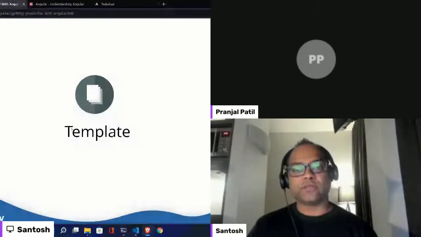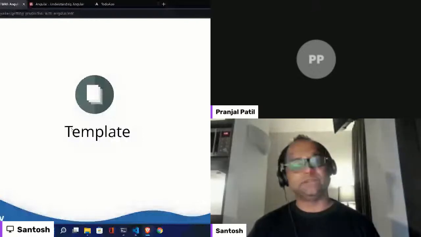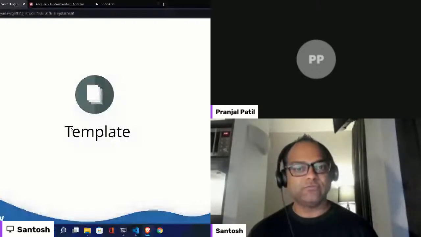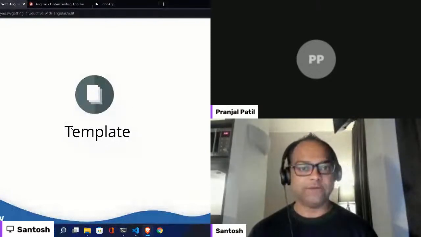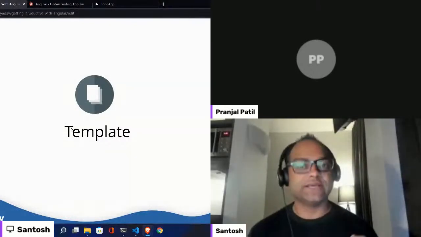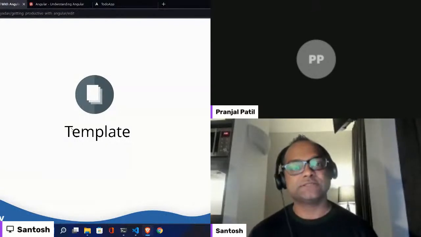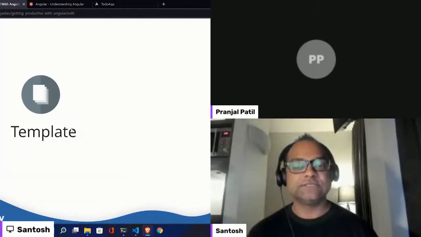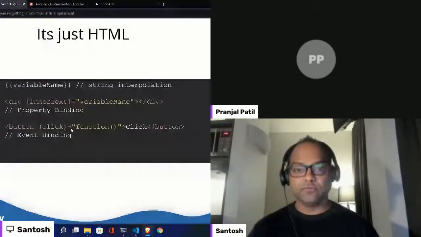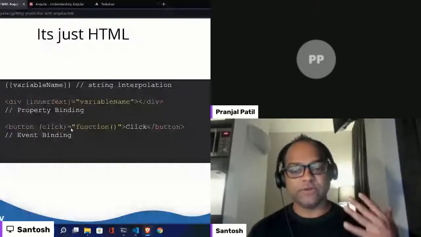Now, to work on your front-end application, every front-end framework you choose has a different template. So you have to understand a template whenever you work with any framework or any library, right? For example, React has something called JSX. Vue has .vue files which we create. Svelte has .svelte files which we create. Angular has .html. You don't have to create another file. You just have to understand HTML in a way. That's it. So let's see how to work with Angular templates. To understand the templating engine, you have to understand few things, which is interpolation, property binding, and event binding.